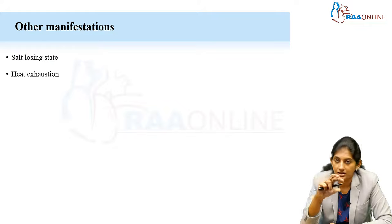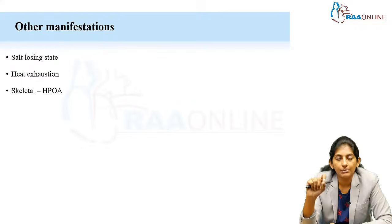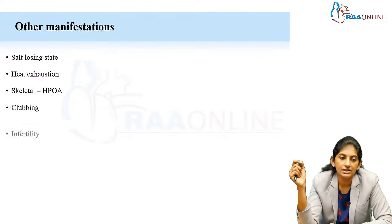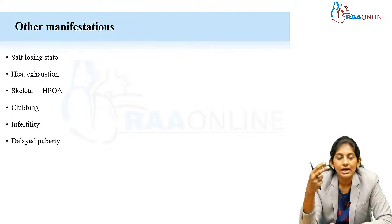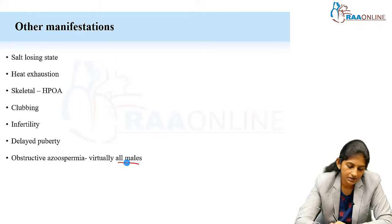Even in mild summers they will have heat exhaustion. Skeletal anomalies like hypertrophic pulmonary osteoarthropathy are seen. Clubbing, of course, because of the suppurative lung disease. Infertility in males, subfertility in females, and delayed puberty can be there, and there is obstructive azoospermia, 100% in all